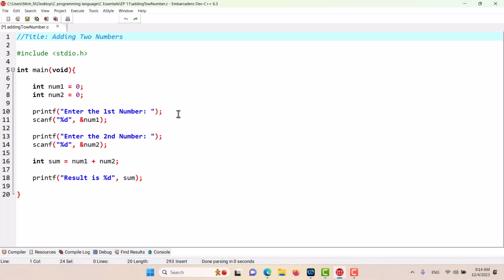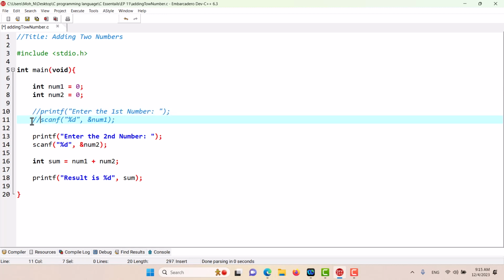Here we are on my laptop, and as we said before, initializing your variables is a good practice because it will prevent unexpected results. Let's see what I mean by that statement. In here you can see that we got the value of num1 from the user. Let's assume that we will not get the value of num1 from the user. Let's comment out this part, and also comment out this other part for the second number